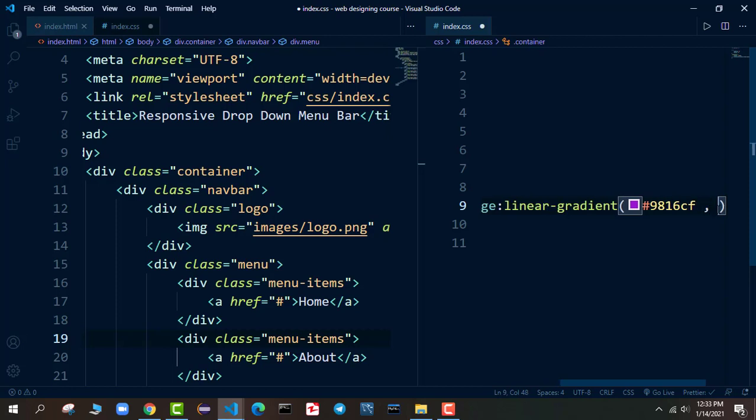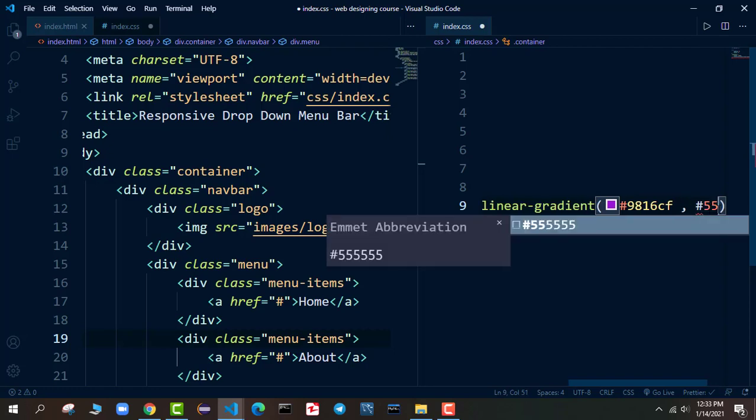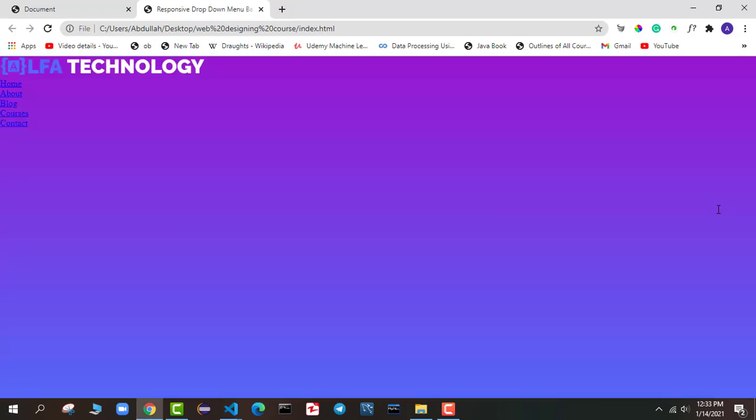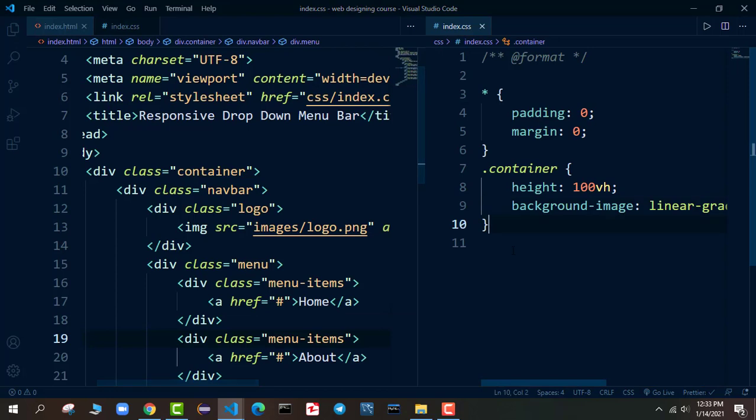So this will be our first color, and the second color is hash because we are writing in hexadecimal code, so 5567F8. So if I go back in the browser and see, you can see we got this color on our page.